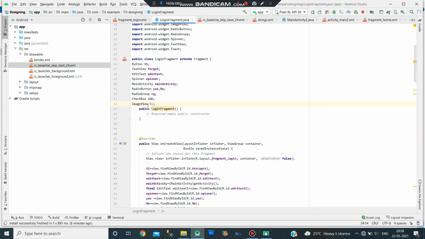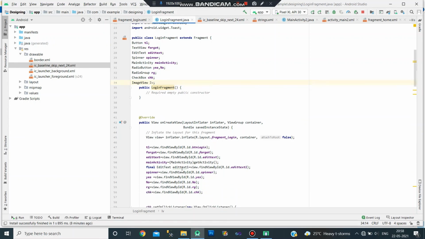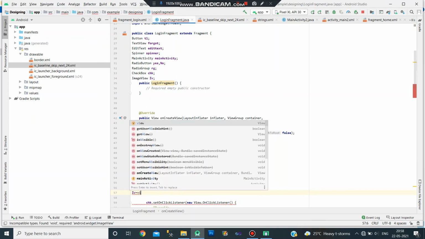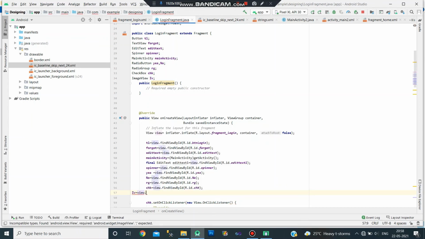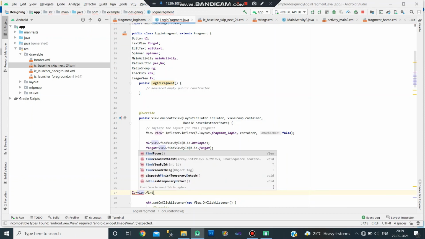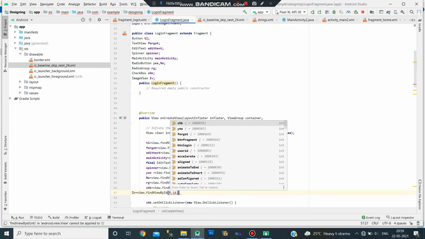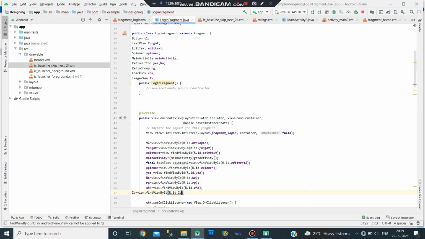If you get any error on this control, simply press Alt plus Enter. Okay, iv equal to view dot findViewById R dot id dot iv. Okay,